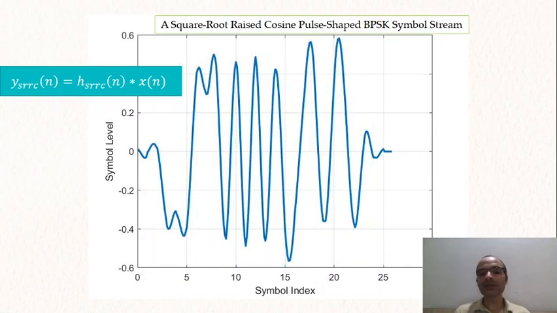Now here you will notice that it is very hard to distinguish the original minus ones and ones of the BPSK symbols from this diagram that we are looking at. And the reason is that there is a lot of inter-symbol interference happening, because we are letting this SRRC pulse be spread over multiple symbol durations.